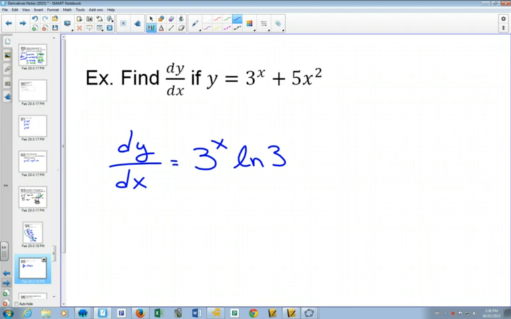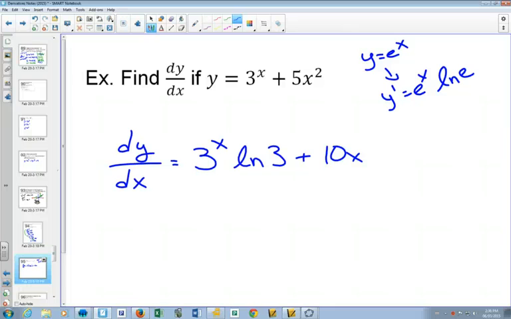But think about using this same law with e to the x, and we'll see why it works as well. Plus the derivative of 5x squared, bring the 2 out in front, subtract 1 on the exponent, and we get 10x. So just up here, if I were to use e to the x natural log of e,